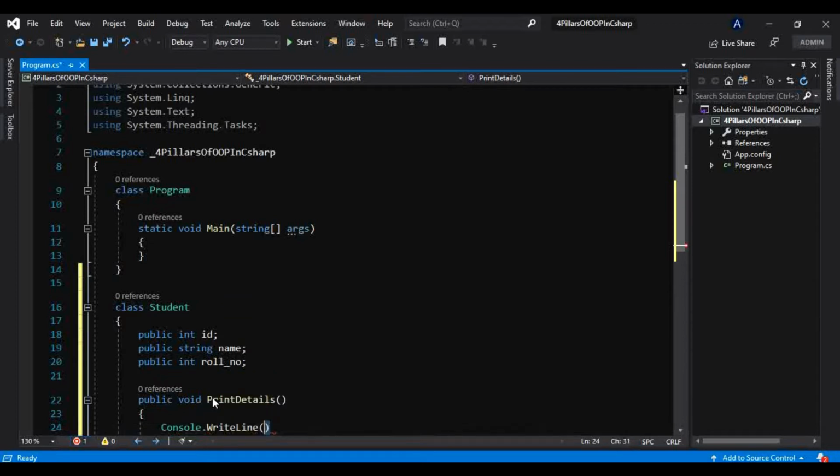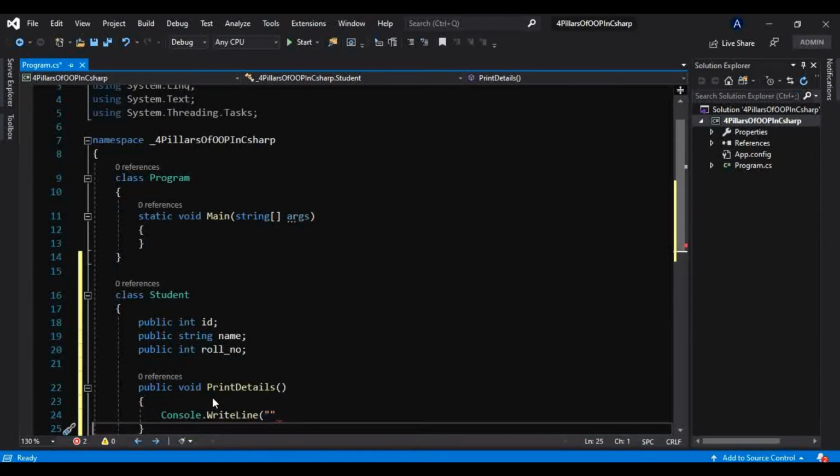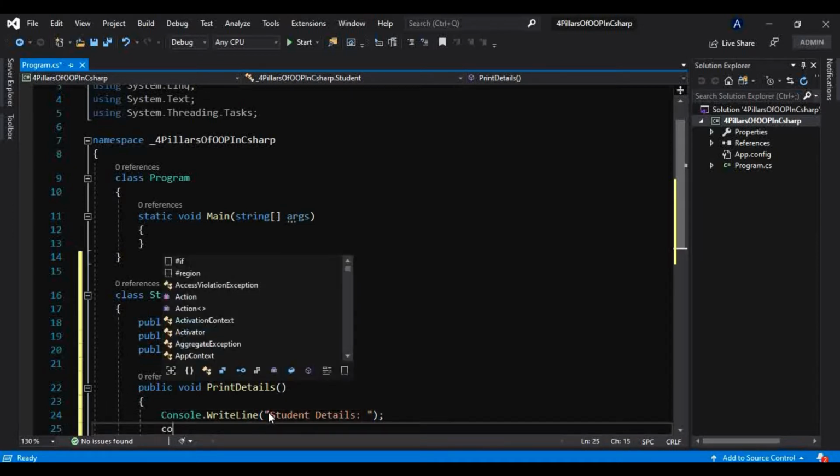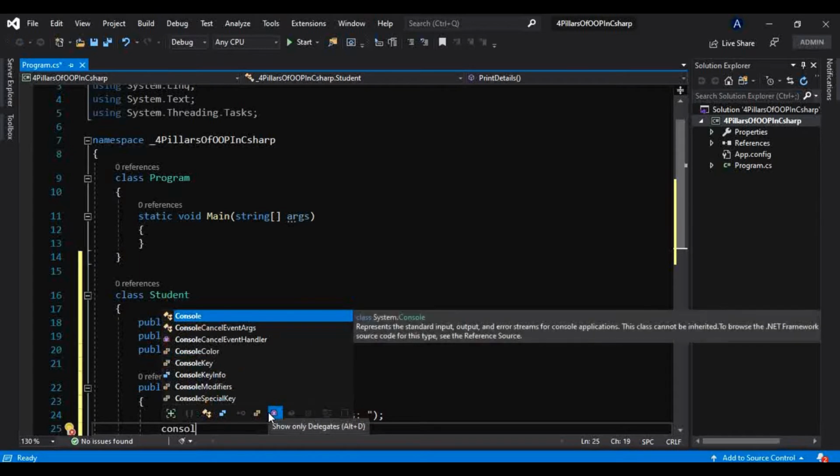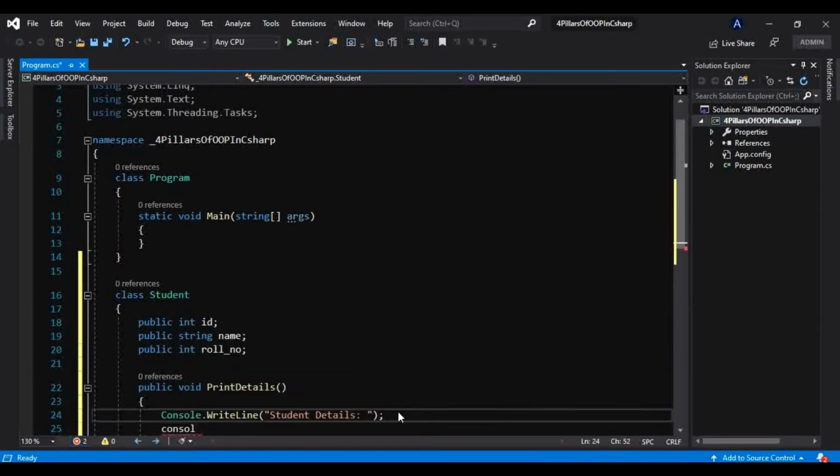and we will give a meaningful message here, "Student details". Let's take another Console line, so that it comes after the first message.